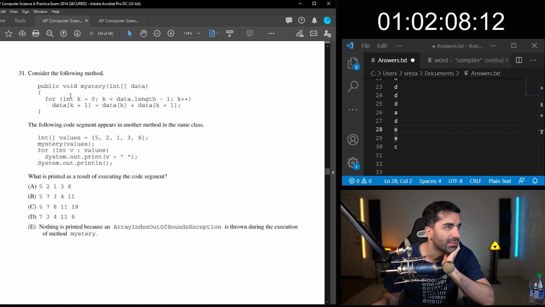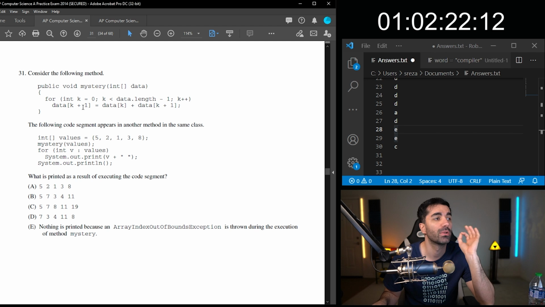So what is this doing? It's going in here. It's looping through everything except for the last. No, it's looping through everything. And then data k plus 1 equals data k plus 1.